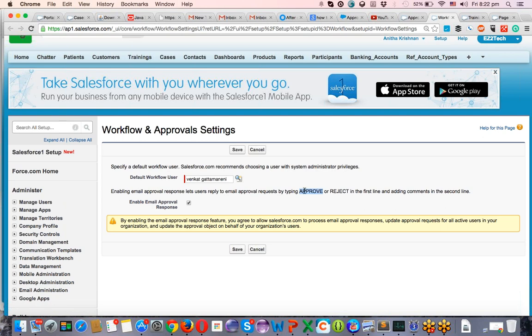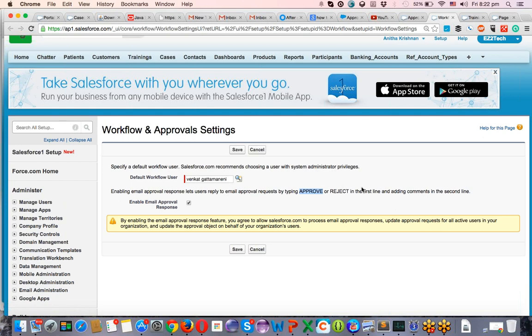I'll do that. What they are going to do at email services, we can even do with our coding with Apex also. They will try to check whether the approve keyword is there in the reply email or not. If it is there, then they are going to approve. In the reply email, inside rejected there is a reject also, right?